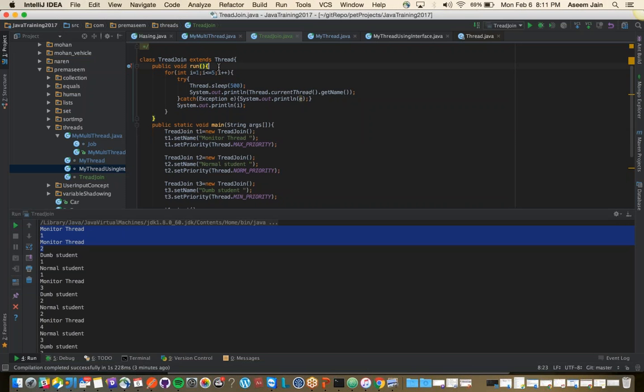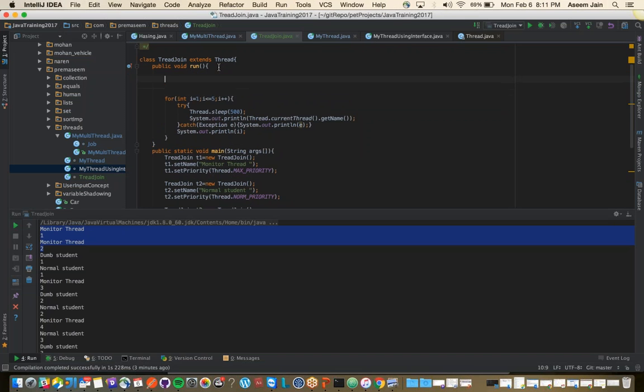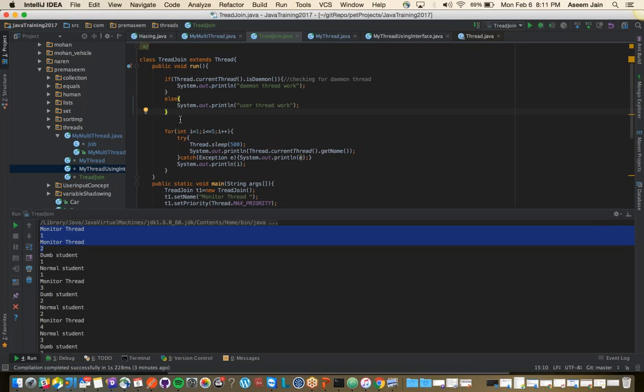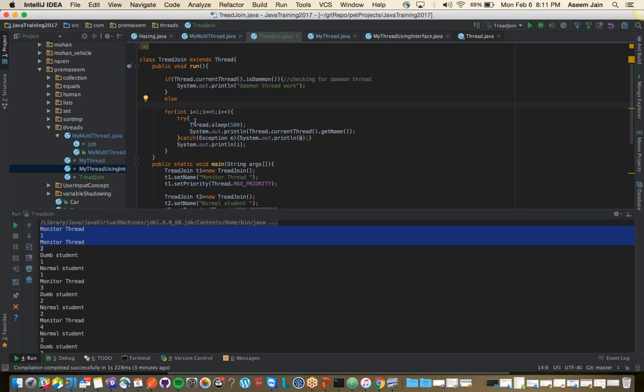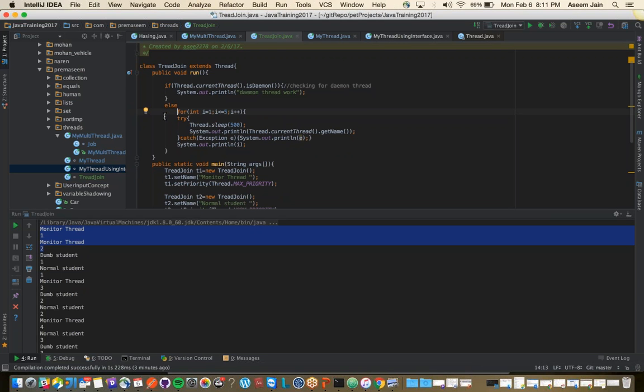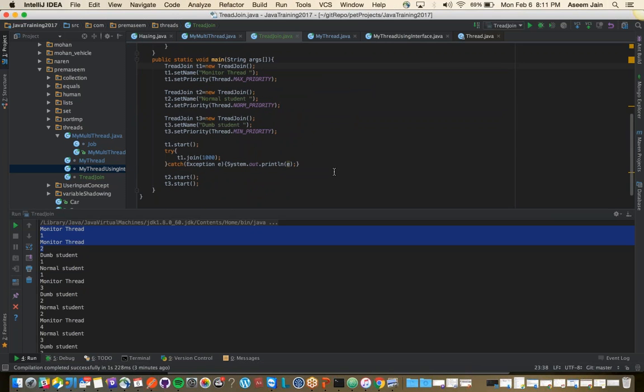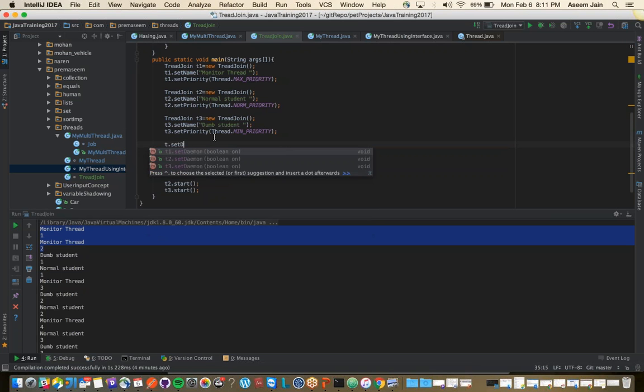So this is our run method. Fine. So what we are going to do is we have the if statement and then we have the else statement. So we'll just remove the else part. Without the parentheses, this takes care. This should run fine. Of course, we will try to run. So now we'll say the daemon thread t1.set